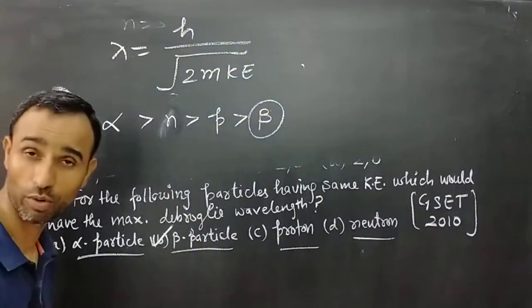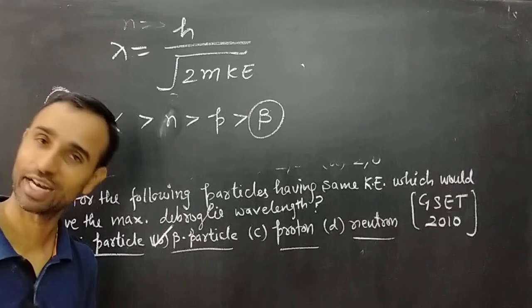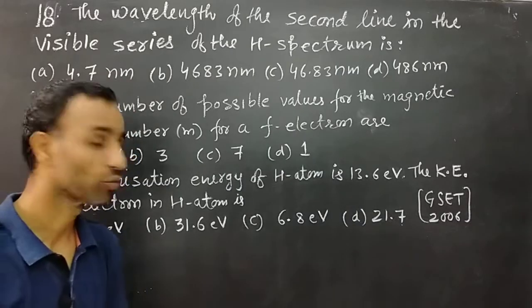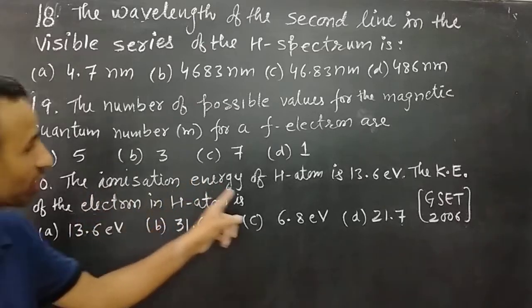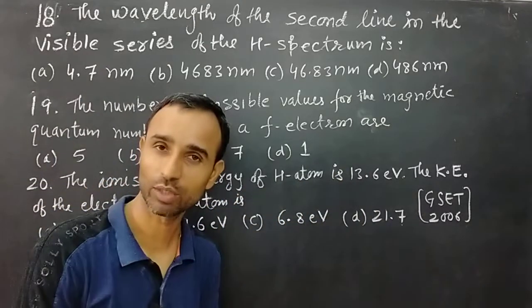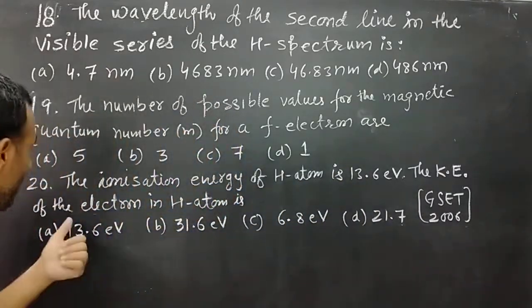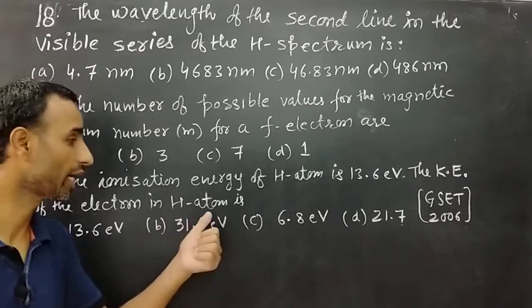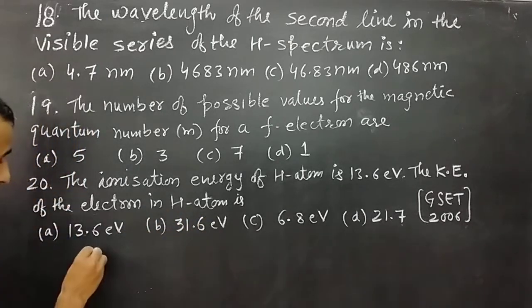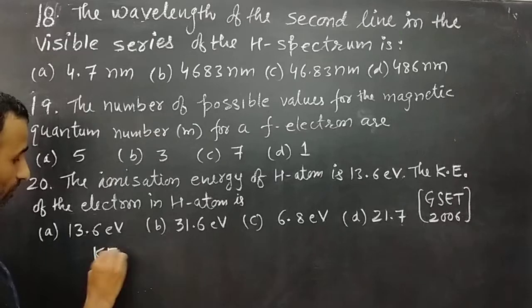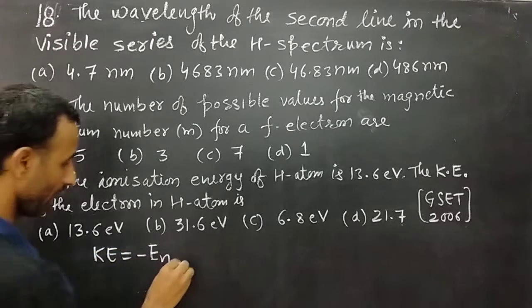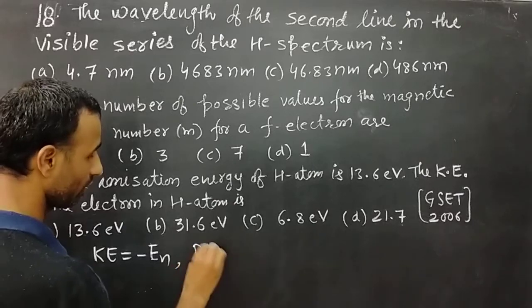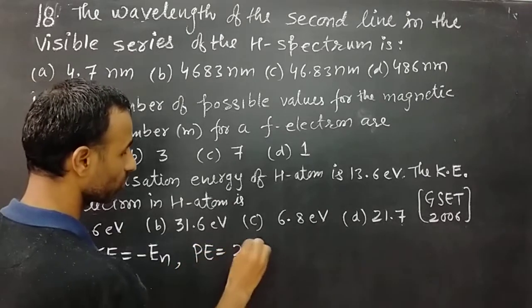These are the questions from GSET 2010. Questions from GSET 6, start from 20th. The ionization energy of hydrogen atom is given as 13.6 electron volt. So the kinetic energy of the electron in hydrogen atom is: you know, kinetic energy is equal to minus of total energy, and potential energy is equal to 2 times